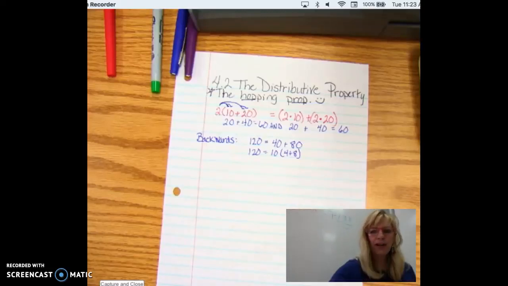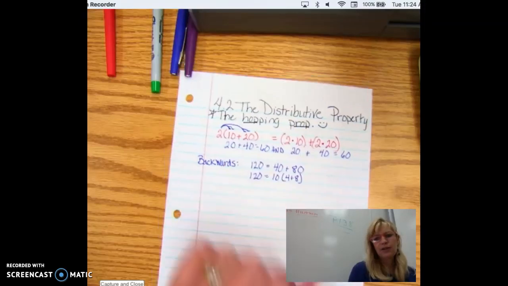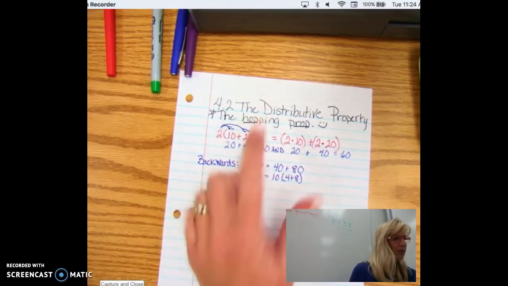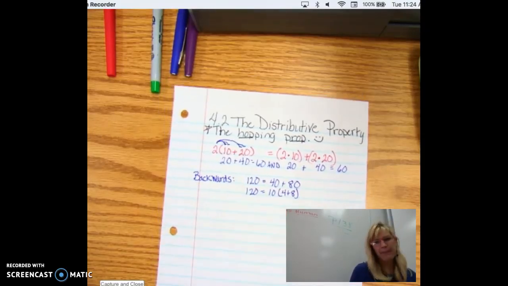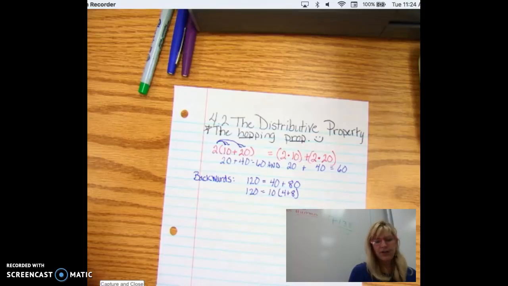Hi everybody, we're working today on the distributive property, and I love to call this property the hopping prop, just so that you remember, like we did the commutative property, the little car that drives around, the associative property, the wrinkled up little parentheses that got in our suitcase. This is the distributive property, or I call it the hopping prop, where the numbers actually do hop like a rabbit. So I'm going to show you what it is, first of all,